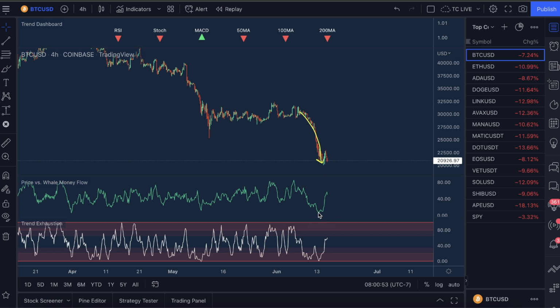And so what's happening here is we saw whales putting money back into the market here, and we saw the price move back up, and we're seeing a little bit of selling off this morning. This metric being this high tells me that I don't know if this is going to head too much further back down, okay? This still has a lot of momentum to move back up. So this is actually still a bullish sign to me that because we had this much momentum in the market and we haven't hit the top red section yet, or the money flow being this high, which when we do hit these areas, we usually do see market moves back down,